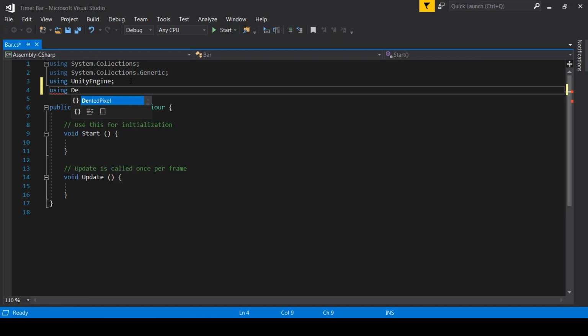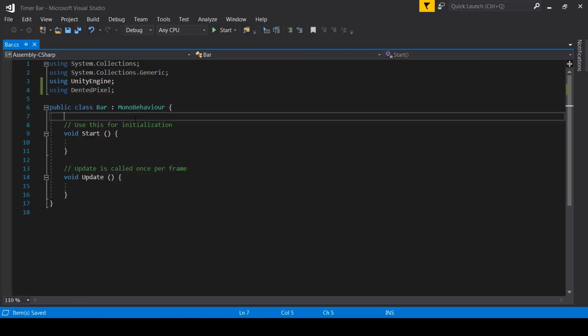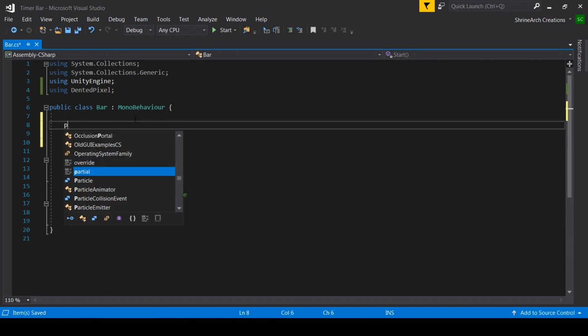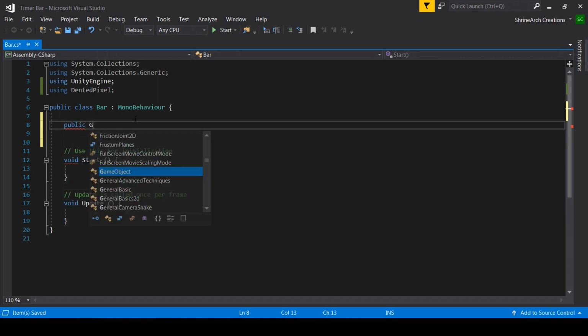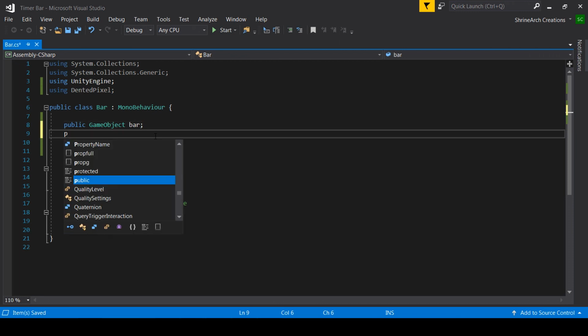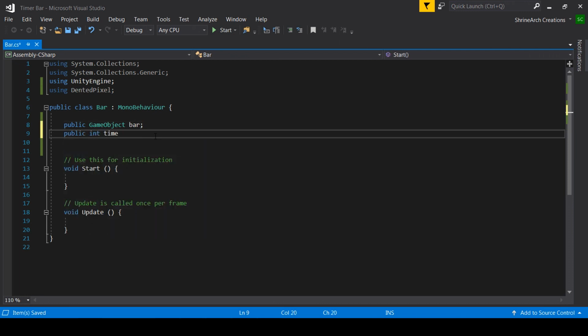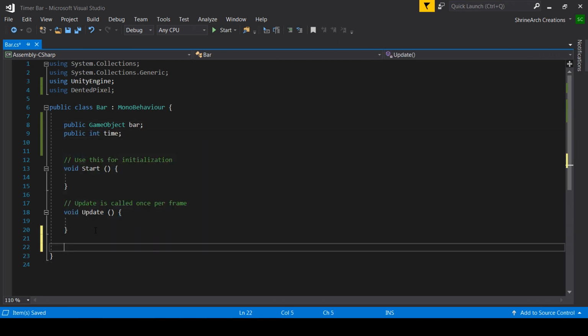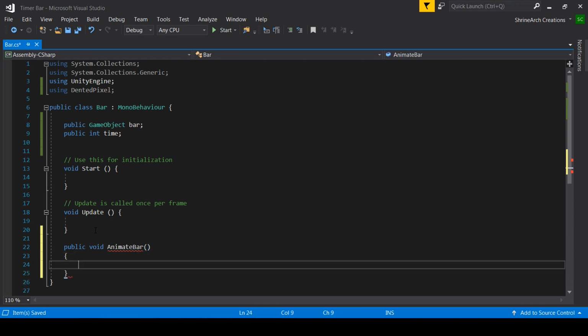First add using DentedPixel. Now take a reference: public GameObject bar and public int time. Now make a function, public void AnimateBar. Just type